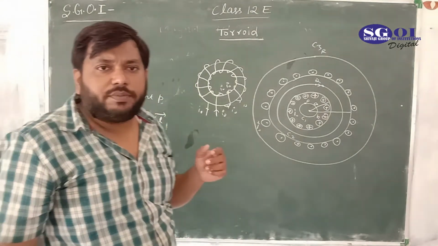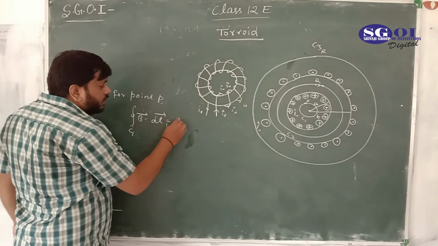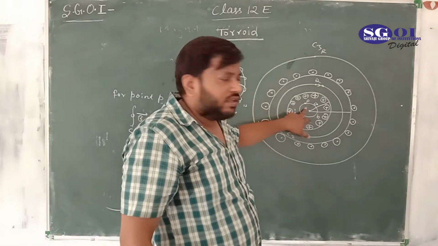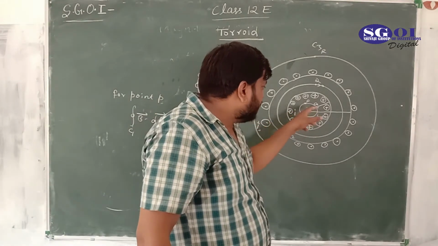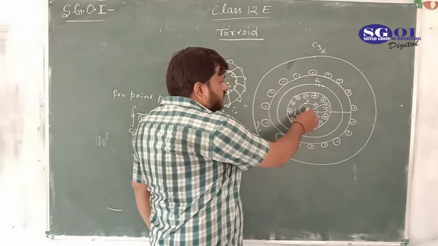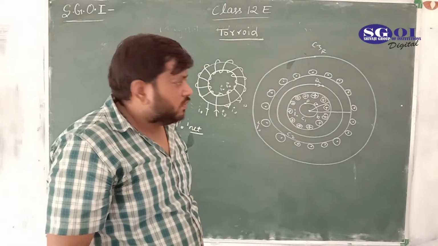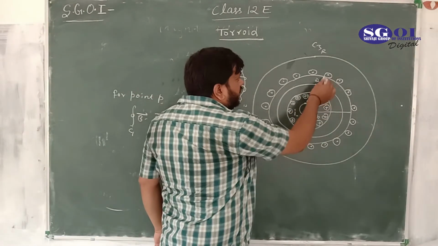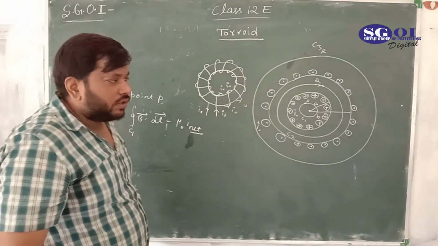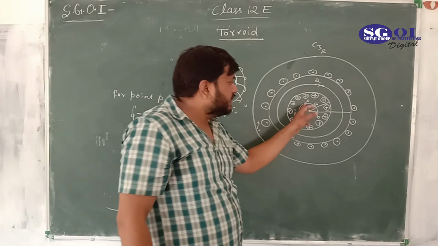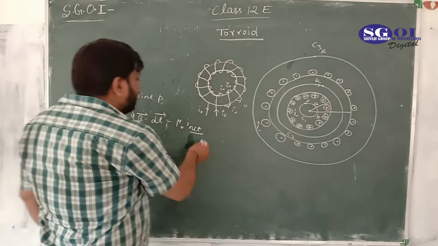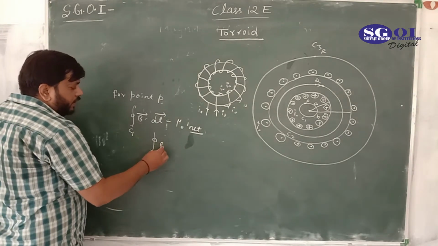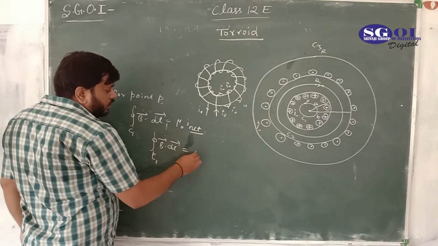Now we would not concentrate on the B dot dl. We would concentrate on the mu naught I net. Let's check here. Is there any current passing through this loop, this curve? No. Because inside this curve there is no current. Current is here. Current is here. There is no current. Are you seeing any current inside this curve which is passing? No. So it means this is 0. And this is 0. C1 B dot dl equal to 0.